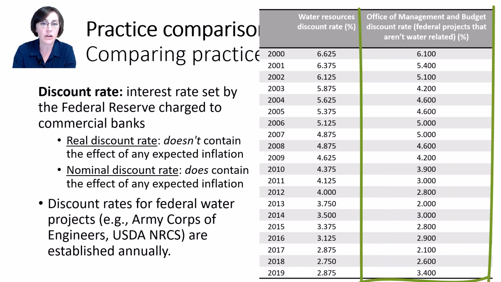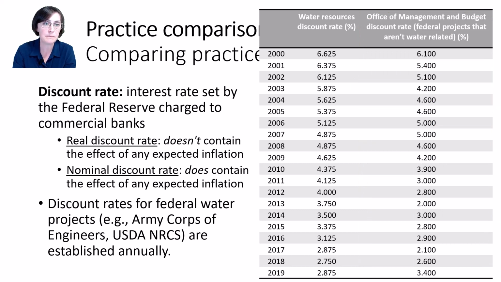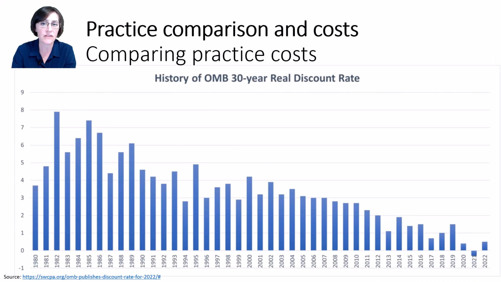The other federal rate for non-water-related projects has also decreased over time. And I happened to find this graph showing even a negative discount rate from 2021 from the Office of Management and Budget in DC. Just keep in mind that the appropriate discount rate changes yearly, and these rates play an important role in being able to appropriately account for that time value of money.